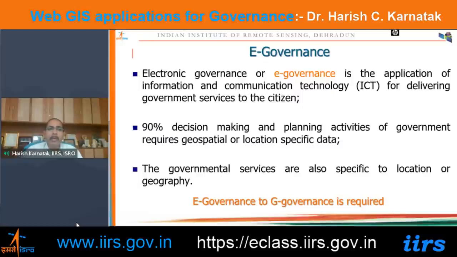But what is happening in the government system? If you take the typical planning and activities of government, you know that around 90% of the time the decision making and planning activities of government require geospatial, location-specific data. You talk about any flagship program of the government of India, either it's the Smart City program, the AMRUT program, or MGNREGA. So everywhere you need geospatial data, basically data which is linked with the geographical coordinate system,